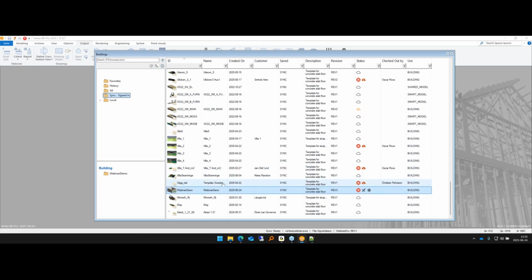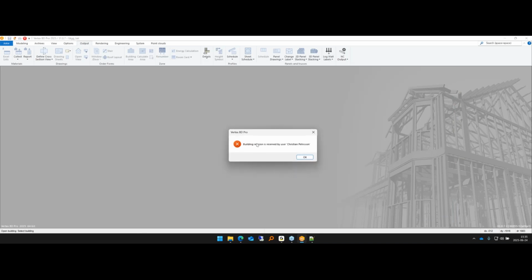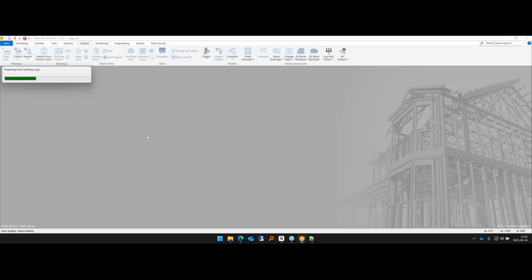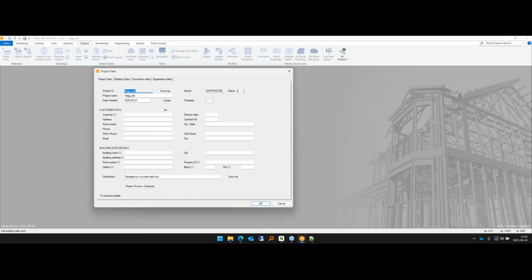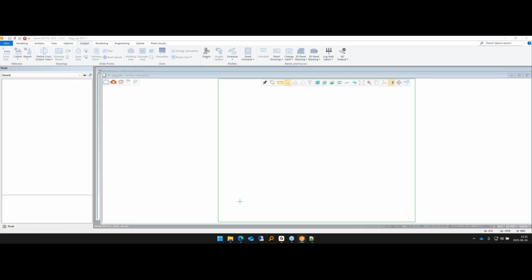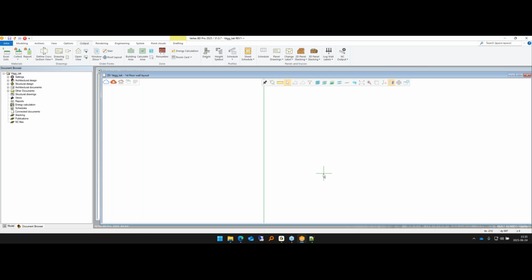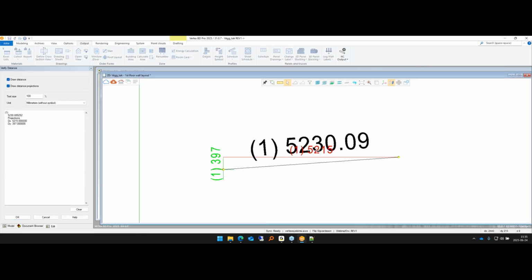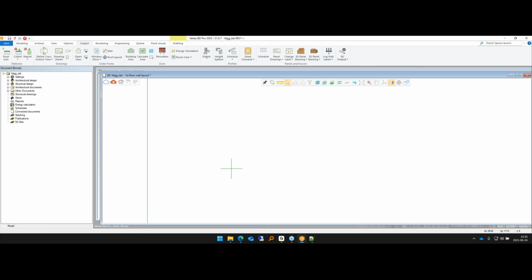If I were to open someone else's building, for example here, Christian, it will say building revision is reserved by the user. I click OK. It will still let me open the building. I just can't change or save the building. So I can still open the building and maybe measure something and just see what some dimension is. Now there's nothing here, but it's the same idea that now when I close it,